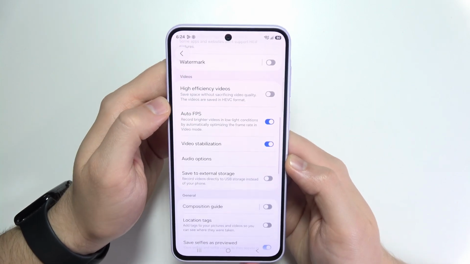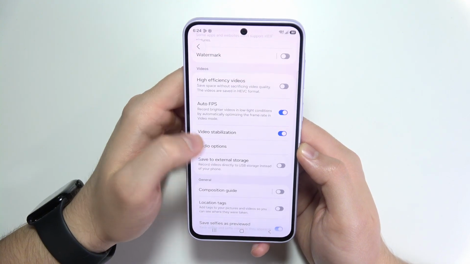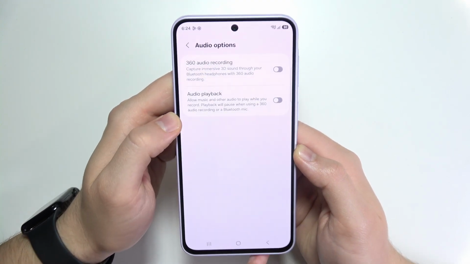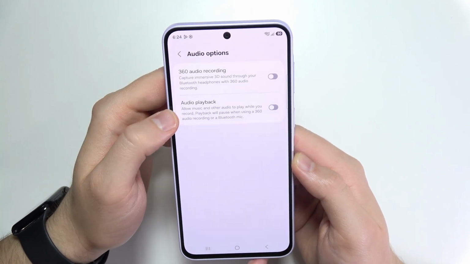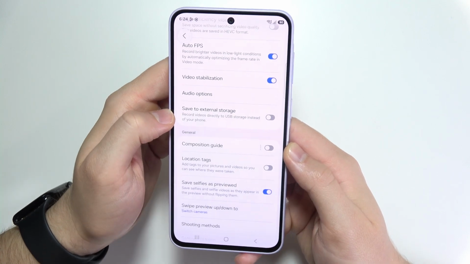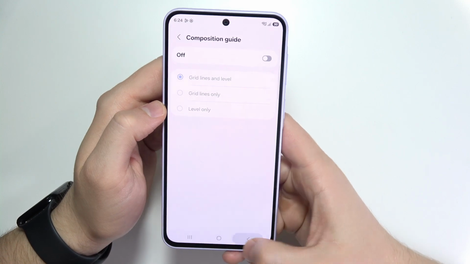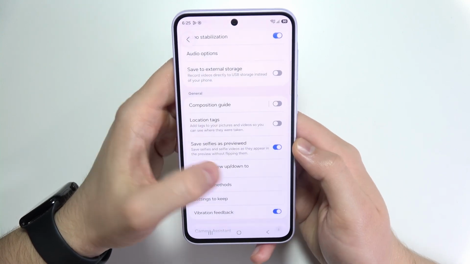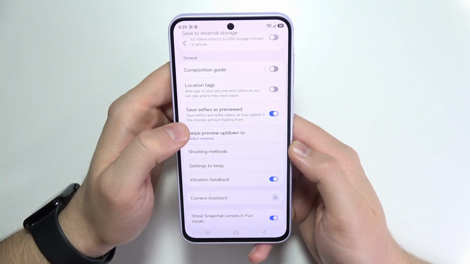We can also find the high efficiency videos, auto frames per second, video stabilization, some audio options, 360 audio recording, audio playback. We can also save videos to external storage. Right here we can find composition guide, location tags, selfie mirroring, option to switch preview up and down,